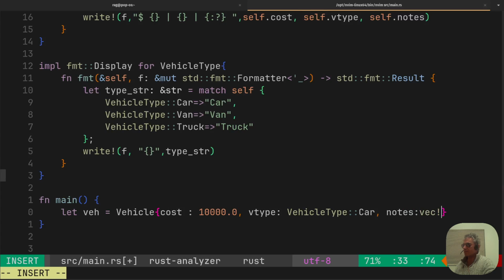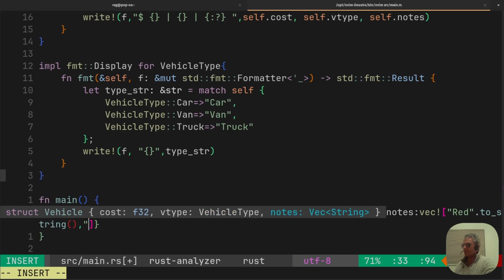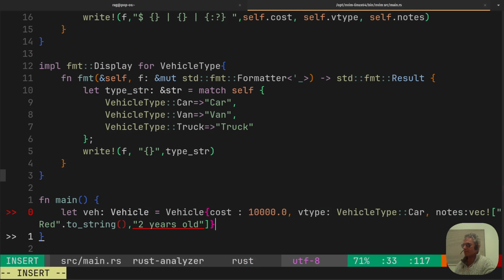We'll do a new vec and we'll just pass in red to string, pass in something else as well. 2 years old. I know you'd probably have age as well, but